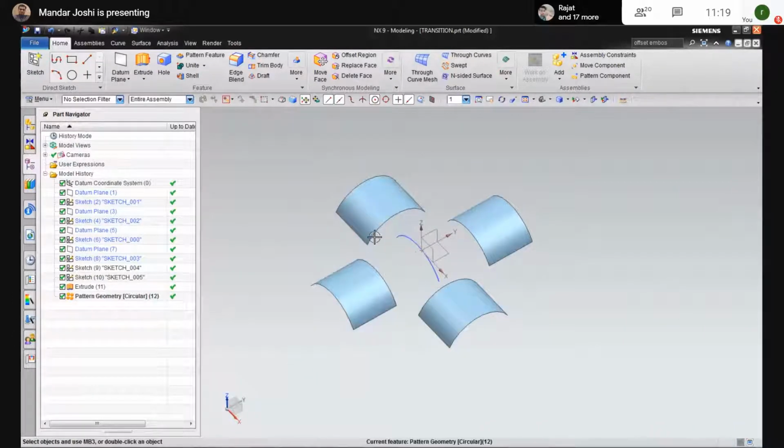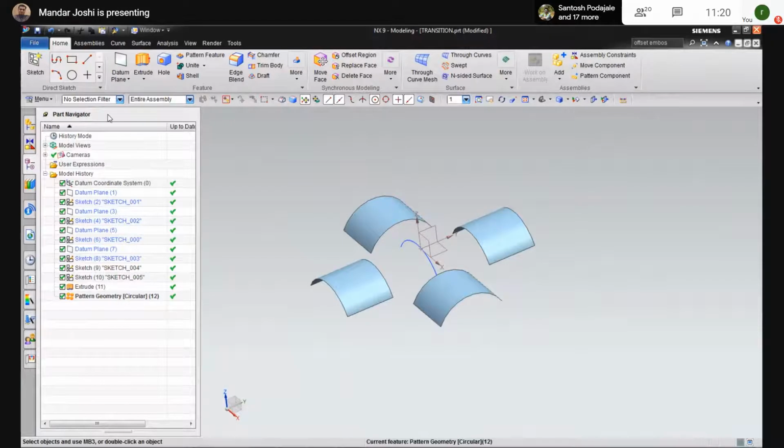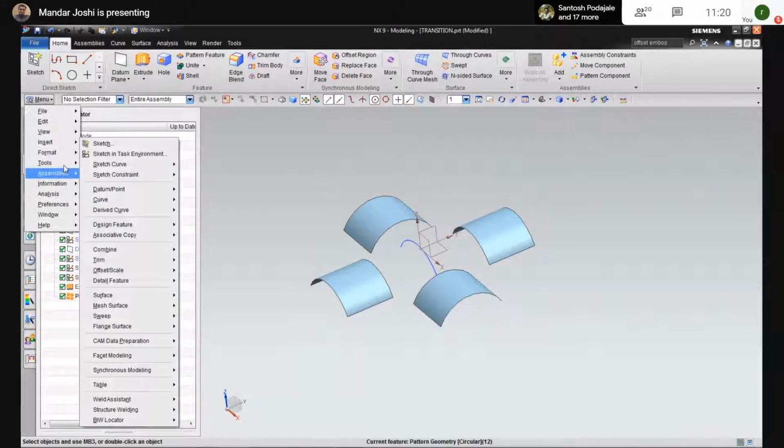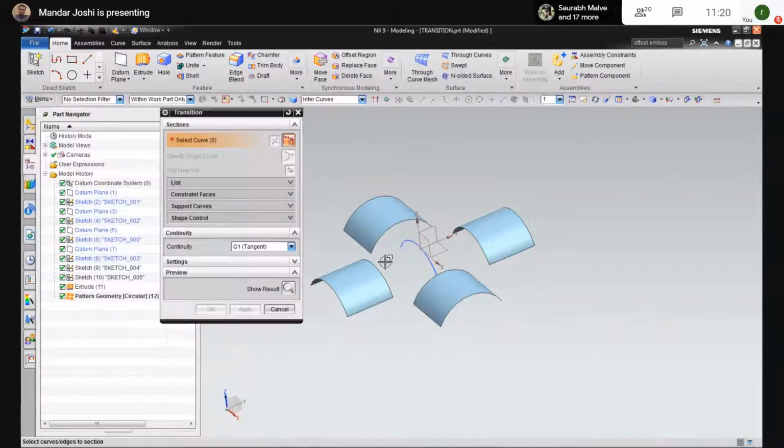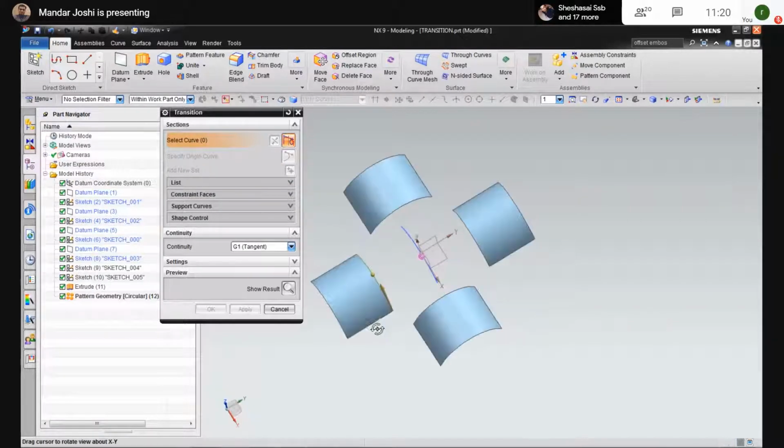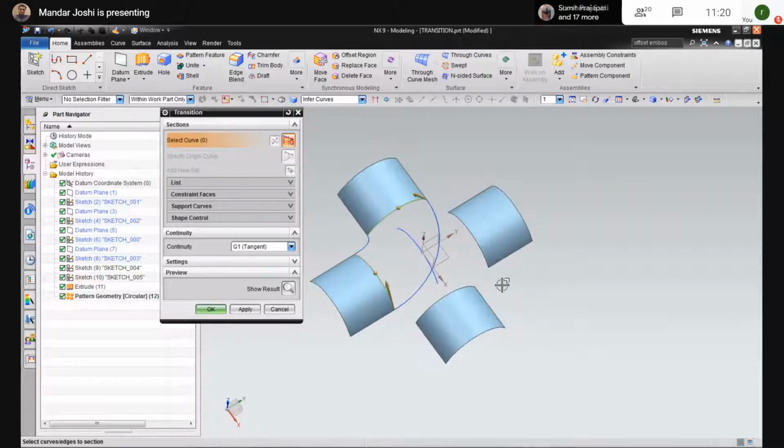Now in this gap I can create the transition surface. Menu, Insert, then Surface, Transition. First curve, add a new set. Second curve, new set.